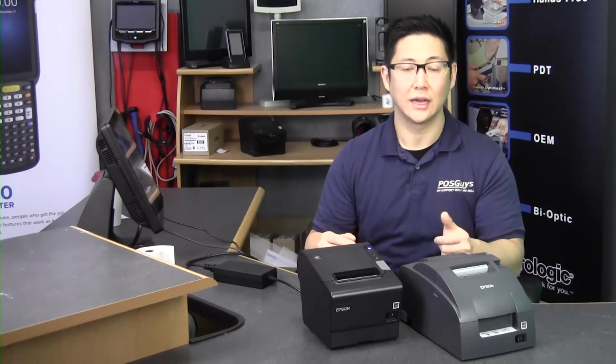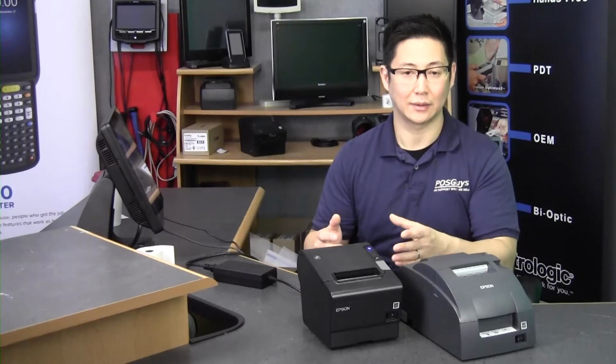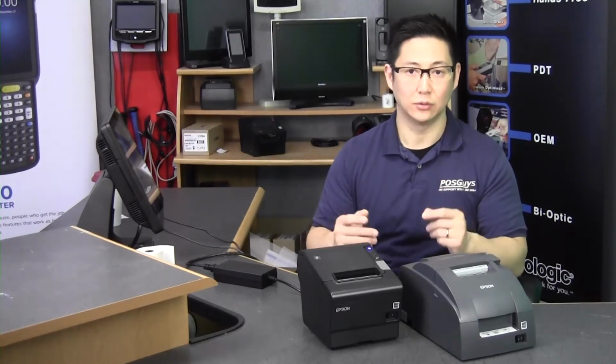If your app has not been configured to use that type of printer or even that model of printer, it won't find it and you can't print to it no matter how much you like that printer, whether it's feature-wise, speed-wise, price-wise. It can only use printers